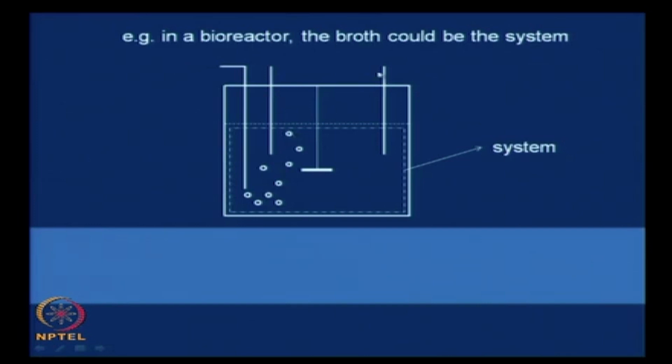This is a temperature measurement, maybe this is a pH measurement, for appropriate controls. This is a stirrer which keeps the cells in suspension, rotating at a particular controlled RPM. When we analyze this bioreactor, for certain situations the system could be the bioreactor broth. One very powerful way of analysis is to look at material balances. What is a material balance? If you recall the course that you did, maybe process calculations, bioprocess calculations, or a first equivalent course in the biotechnology program,